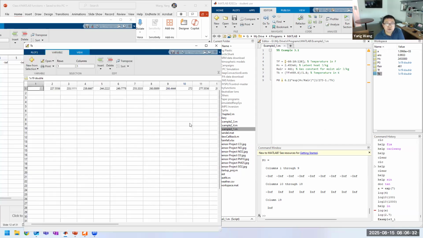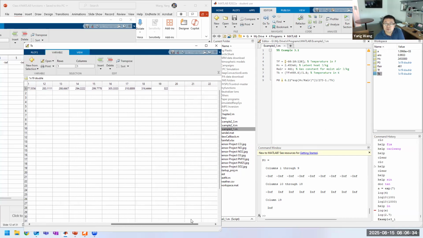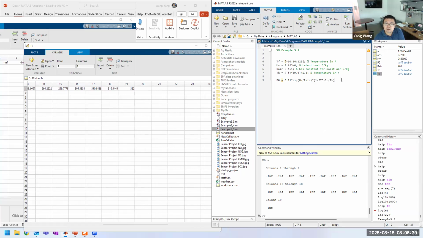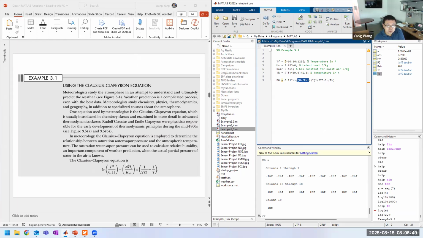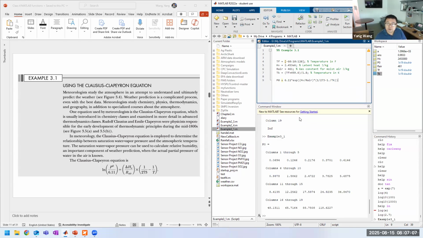We have the TK here. TK is the temperature in Kelvin, as we mentioned. So it's 1 over TK. Let's see. Oh, one thing, this is the thing that we didn't do well. For this equation on the right-hand side, the exponential term should have this entire term inside the bracket, right? So we should add another bracket outside this term, okay? Now if you run it again, you can have the p-value